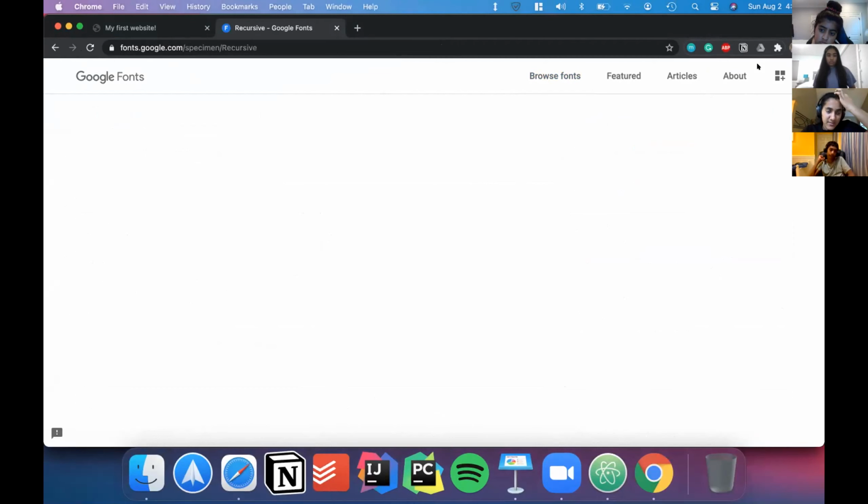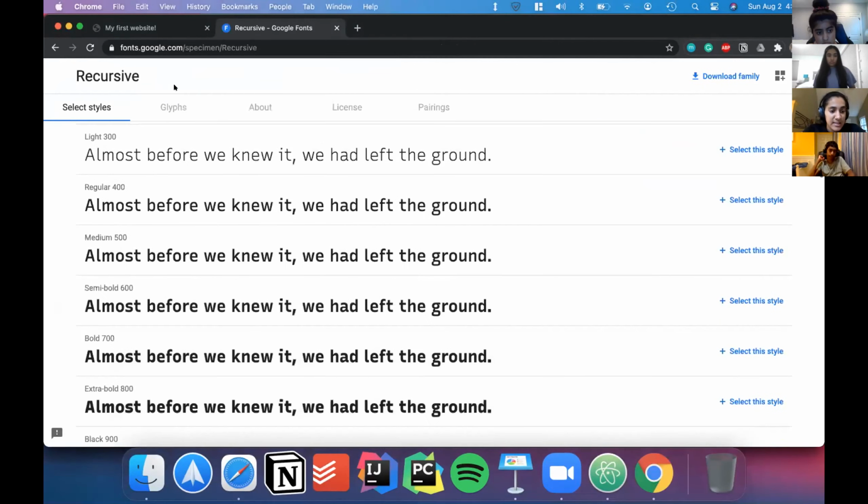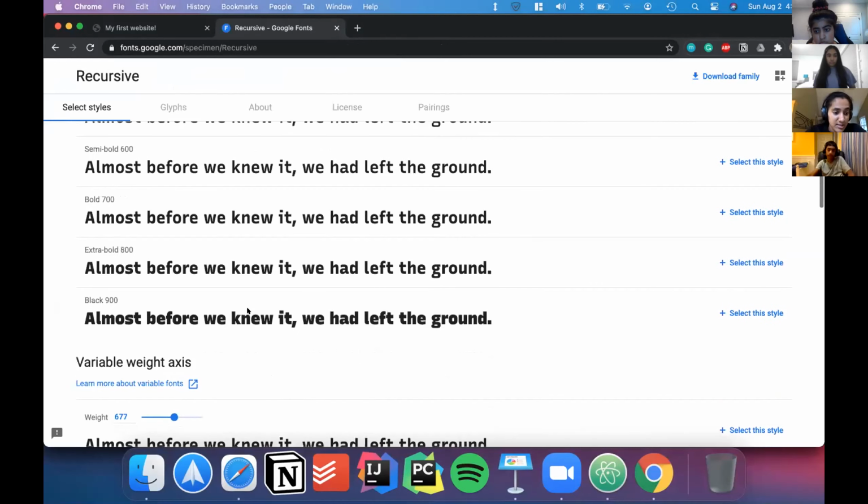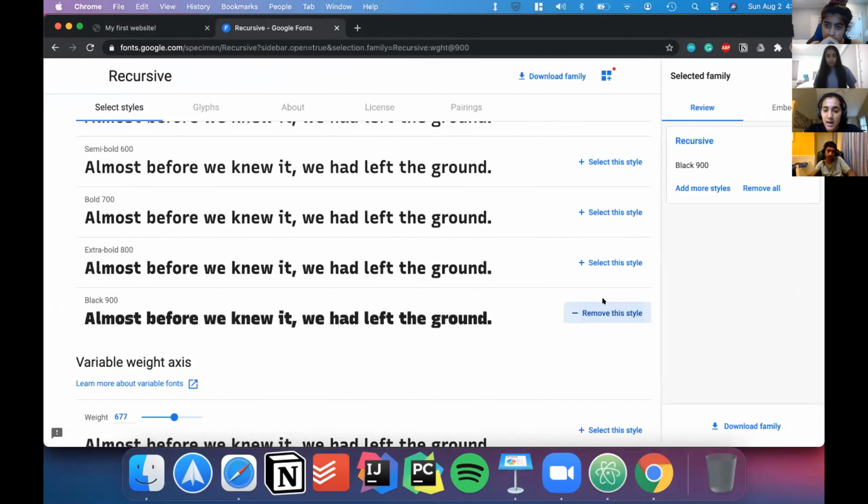So once you have a font and then you find a style that you like, so maybe I like this really big font style. Once I find this style that I like, I press this plus button and select the style, and then